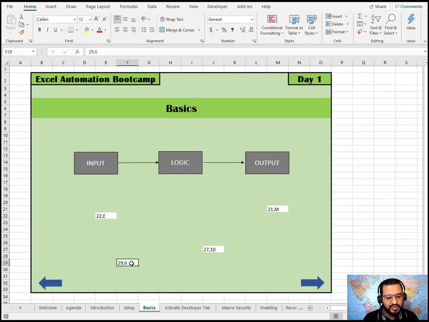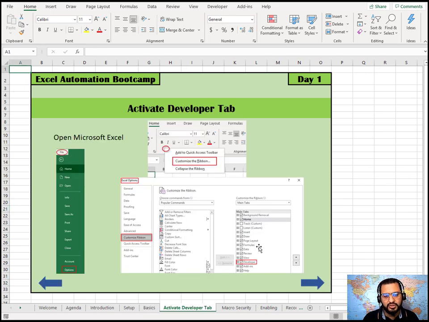Similarly, this is 29 comma 6, as F corresponds to 6. This is 27 comma 10, so J corresponds to 10, or take this example, 21 comma M. That is the basic terminology we will follow throughout the course when we are referring to cells. Okay, so let's move forward.